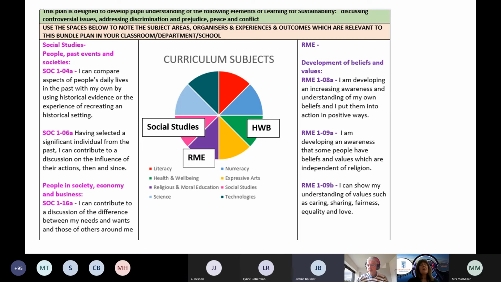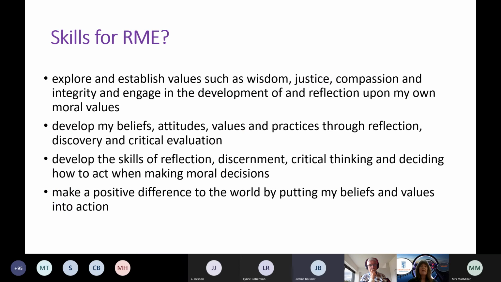And in the slide here, we thought it would be of interest to you to see how a practitioner in one of our schools, Carol Jack, was working. She's moved on to a different post now, but she worked with colleagues in Kinnaird Primary School in Falkirk to adapt that particular bundle, and she worked with colleagues to create a version of that bundle from early to second level in her establishment. And you can see that she and colleagues decided to add in that social studies element of people, past events and societies to this particular bundle, which they felt was correct for their particular context.